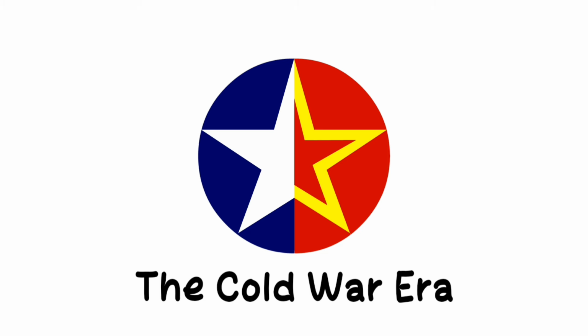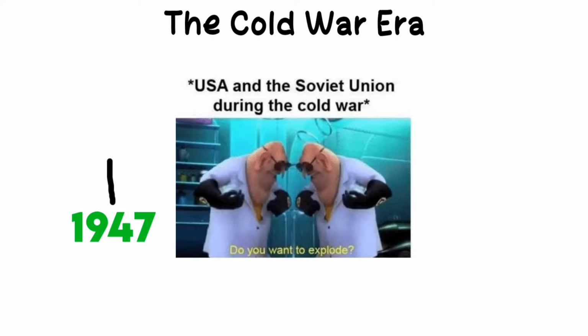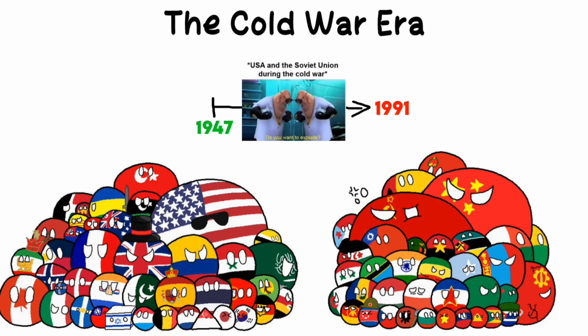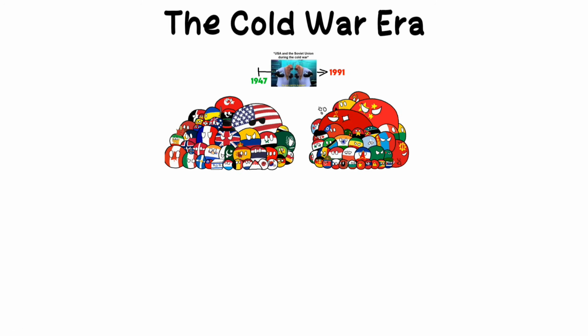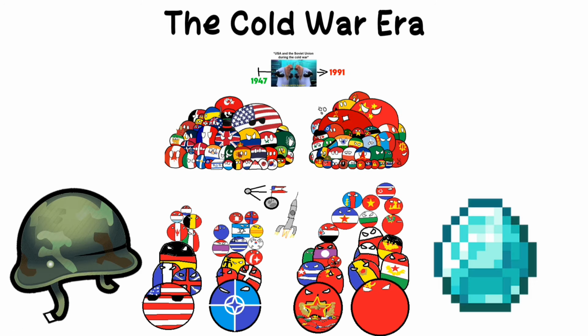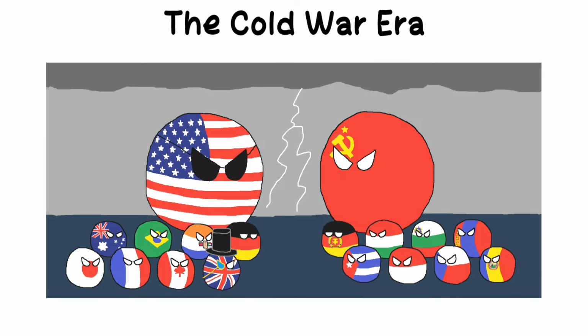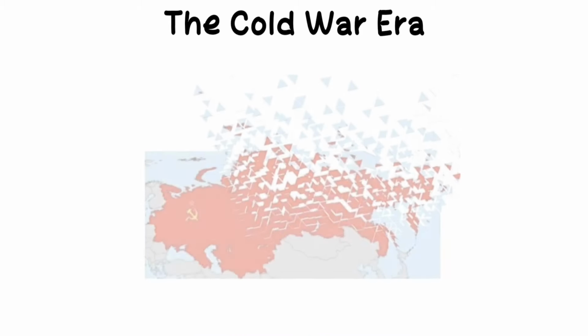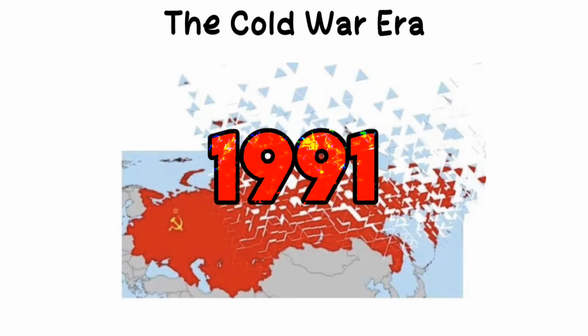The Cold War era. The Cold War from 1947 to 1991 was a period of geopolitical tension between the United States and its NATO allies and the Soviet Union and its allies. It was characterized by political, military, and economic rivalry, with both sides engaging in proxy wars, espionage, and a nuclear arms race. The Cold War ended with the dissolution of the Soviet Union in 1991,